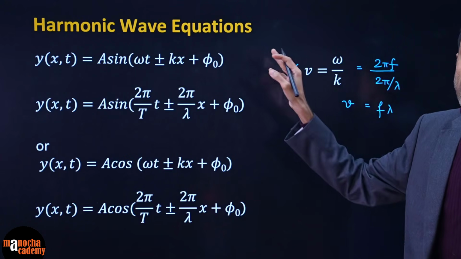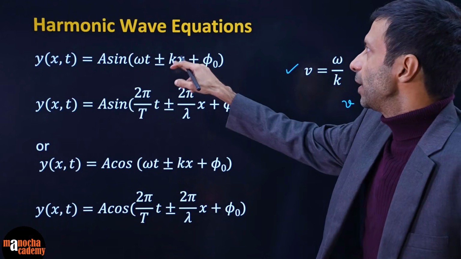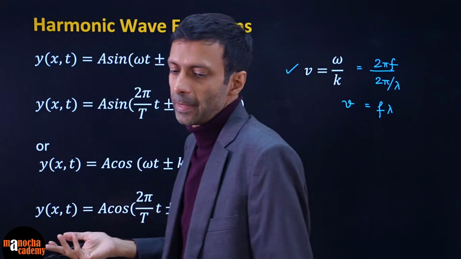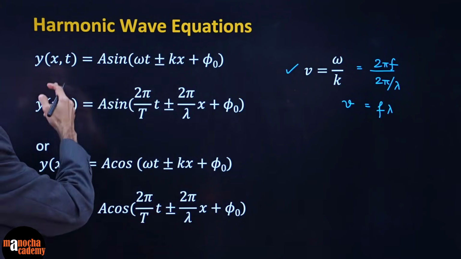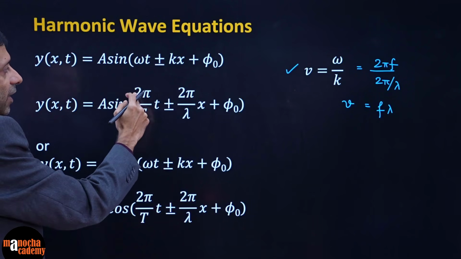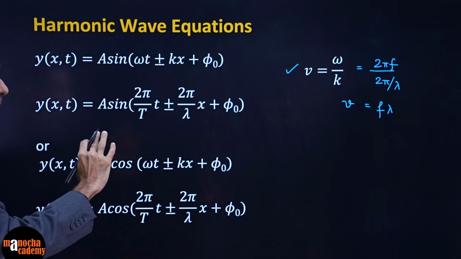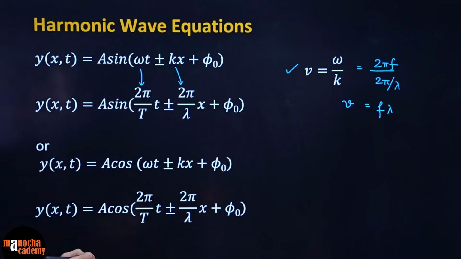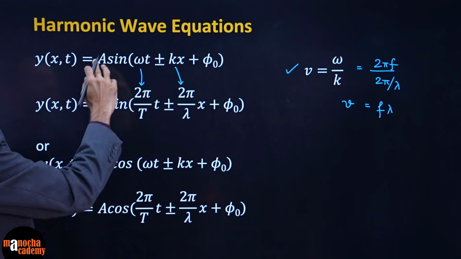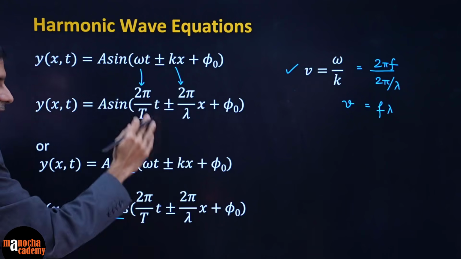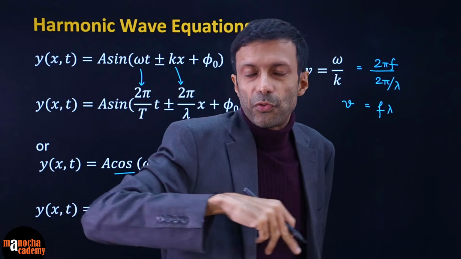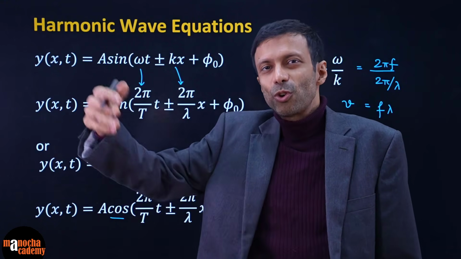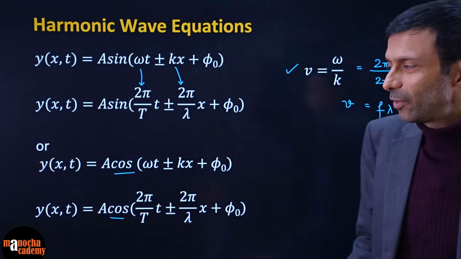So remember we used to look at these kinds of equations, A sine of omega t plus minus kx plus phi naught, or you might see it as kx plus minus omega t, doesn't matter. So this is your equation. Now omega we can write as 2 pi f or 2 pi divided by the time period, and k can be written as 2 pi by lambda, and phi naught is your initial phase. These could be sine or cosine functions, doesn't matter, they are all periodic. Remember the electromagnetic wave will be following this beautiful sine or cosine wave pattern, the trigonometric functions.